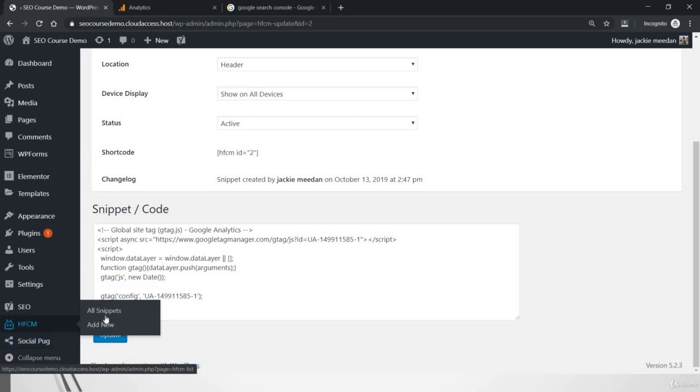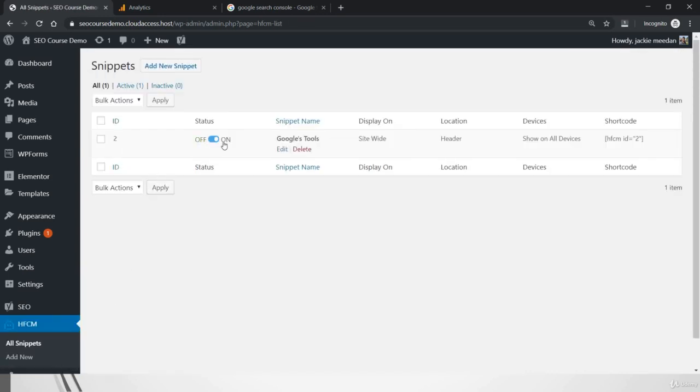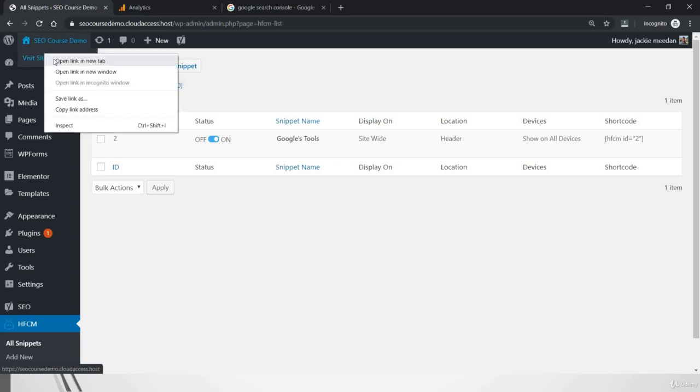And there you go, you can have a look at the snippets of the code. As you can see, make sure that this toggle is on so that the code is now up and running on your website. Now in order to test if you have officially connected with your analytics or not, you can visit your website,